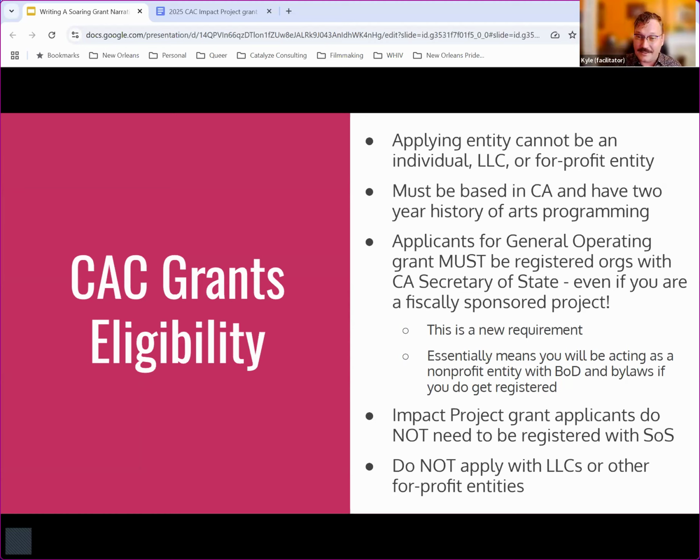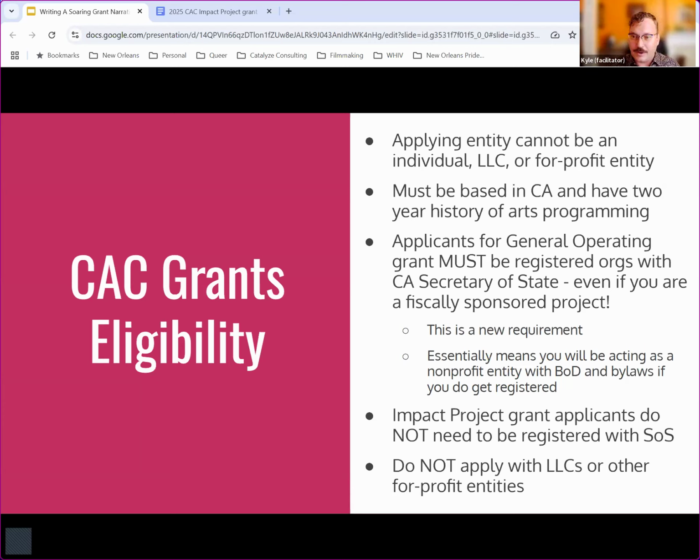It's if you have an LLC or another entity, like an S corp or a B corp, that's already registered with the Secretary of State. We have gotten reports that they're checking in even with your fiscal sponsors to see if you are an LLC, to see if you're a for-profit entity of some kind. There might be some wiggle room there, especially since they're checking names of your project as submitted against the LLC registration at the Secretary of State.